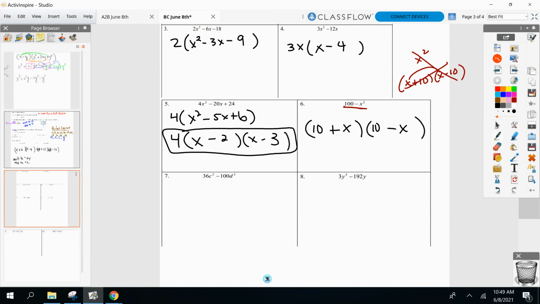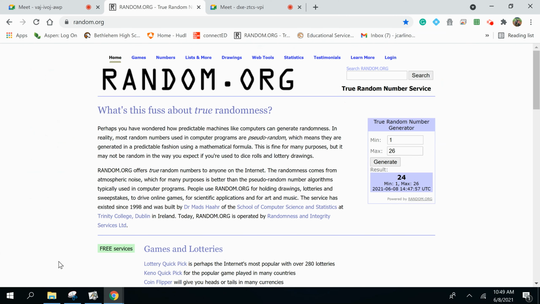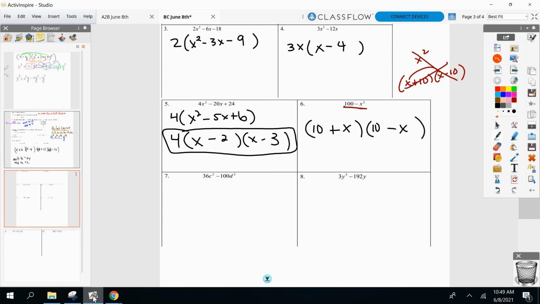All right. What do you see on number 7? Sophia, what do you see on number 7? You do have two perfect squares with 36 and 100. You do, and you have c squared and d squared, right? Yeah. That's what a lot of students see right away, and they go, difference of two perfect squares. Unfortunately, though,